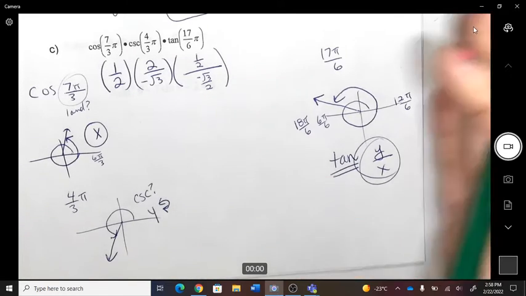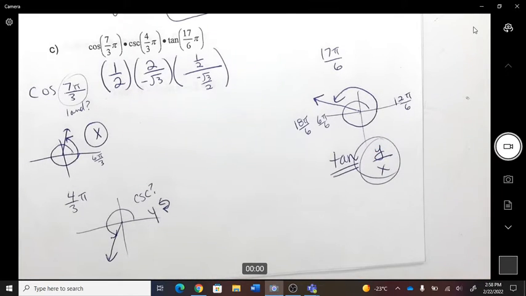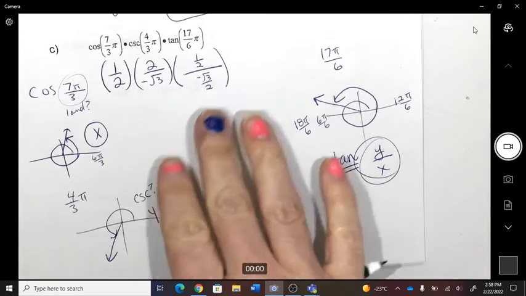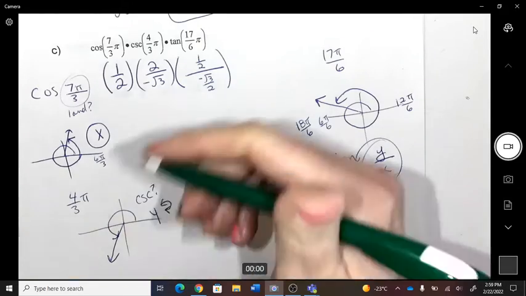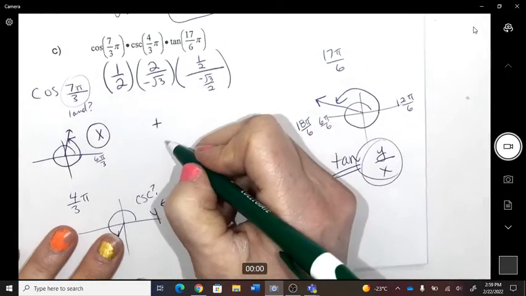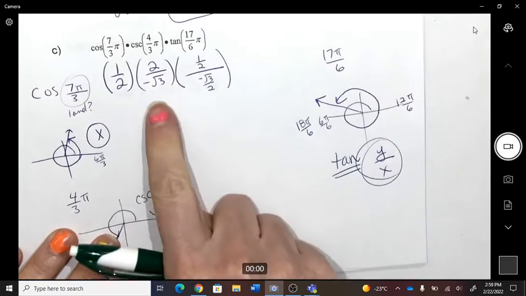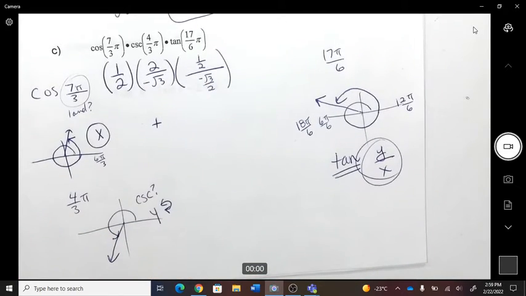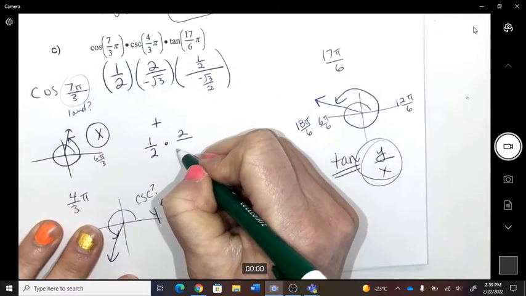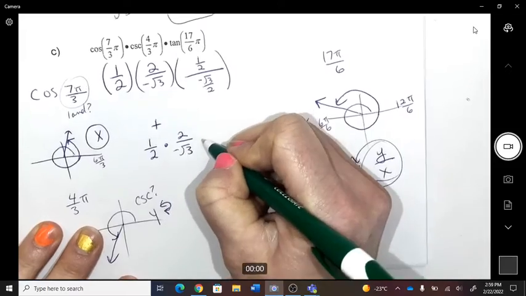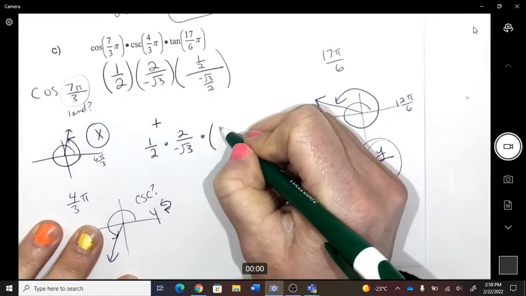With all of this, can anybody tell me if my final answer is going to be positive or negative? If you were to look at this whole thing, what's your answer going to be? Positive. Okay. Because I have a negative and another negative. I can see 2 negatives in the whole thing, which would end up making positive. So 1/2 times a 2 over negative root 3 times a